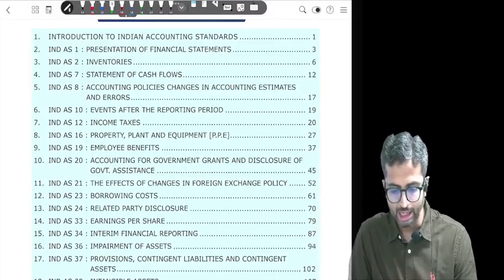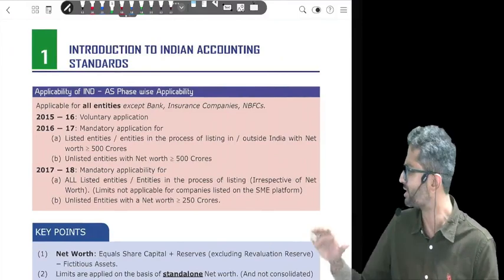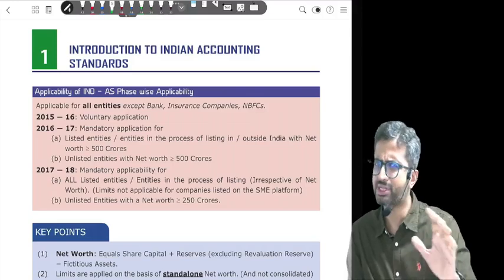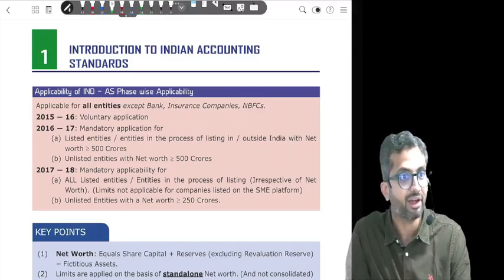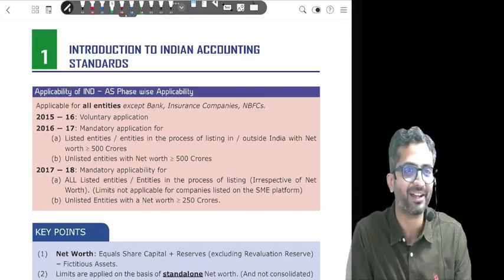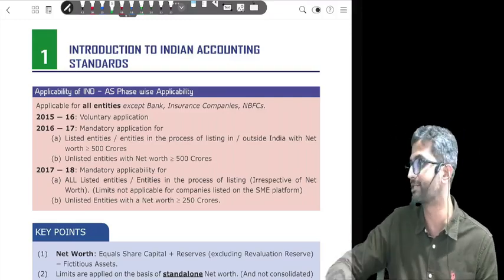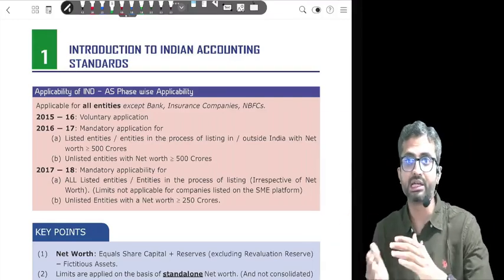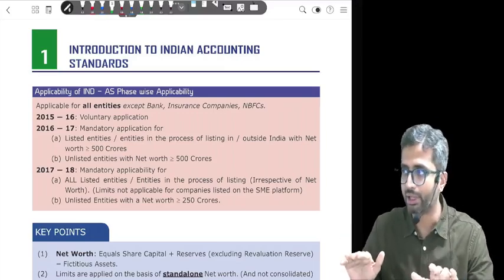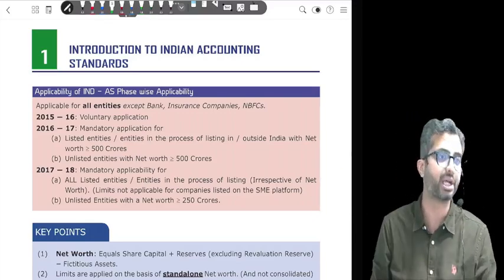So first we go to the introduction to Indian Accounting Standards. Ind AS is a fairly basic topic: what is Ind AS and where is it applicable. When we did our CA Inter, did we study about Ind AS? When we did CA Inter, we studied accounting standards, AS. Now we go to Ind AS. Unlike GST, where service tax got replaced by GST, it's not a replacement. Ind AS and AS are parallelly applicable. There are certain companies to whom AS is applicable, and certain companies to whom Ind AS is applicable.